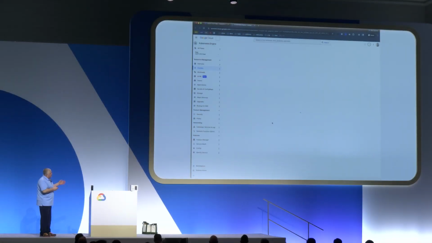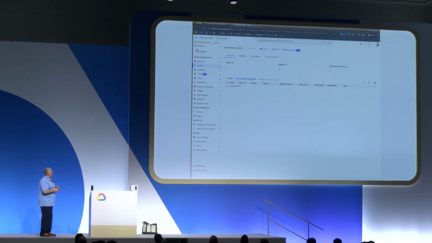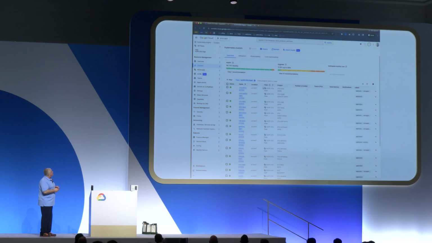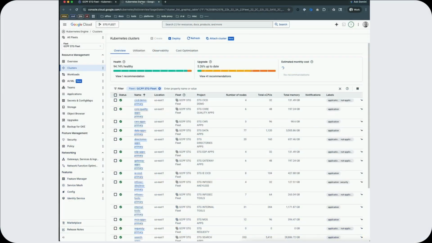We can go to the fleet right from there by clicking the link. We can see the status of the fleet. Over here, this is the summary. This is the fleet itself. This is the scale of the fleet.